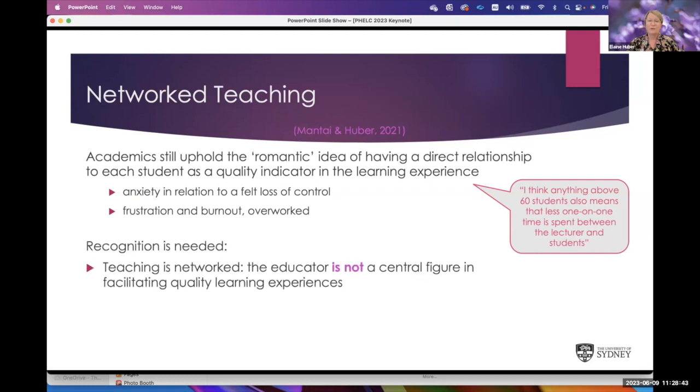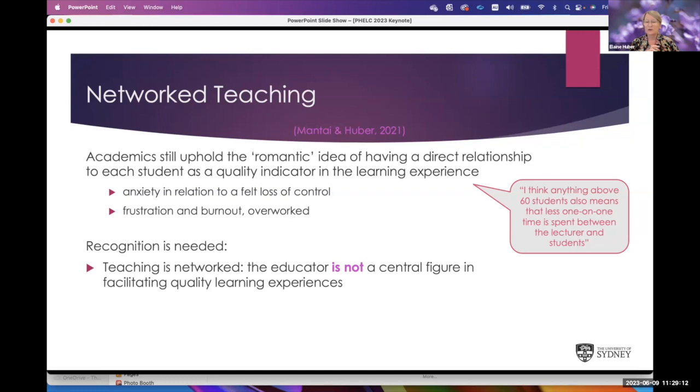But overall, from that piece of research, there really was this feel that we need to recognize that it shouldn't be just one person responsible for these large cohorts, and that it is a networked activity. You might be familiar with networked learning. We coined this idea that teaching should be networked as well, and often is. It's probably that we just don't acknowledge it enough.